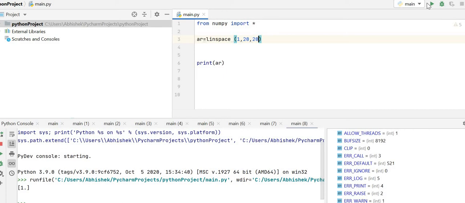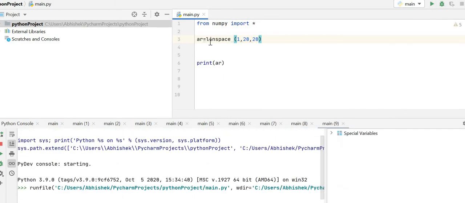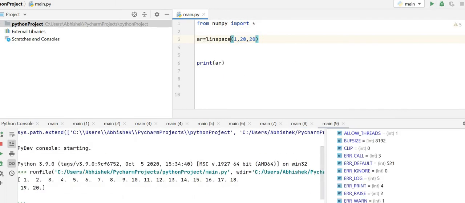I think 20 is fine. So you understood linspace, actually linspace 1, 20, 20. This is the number of parts it would be divided into. Now let's go to the